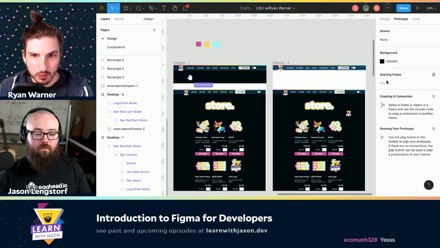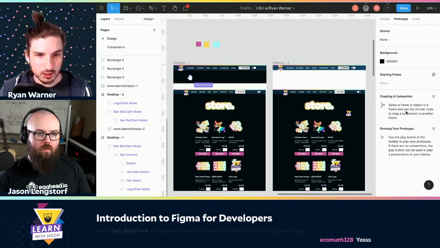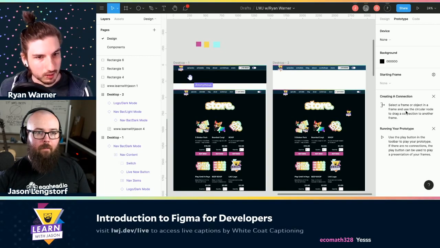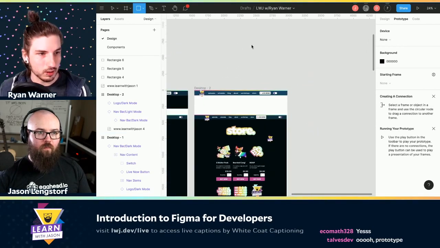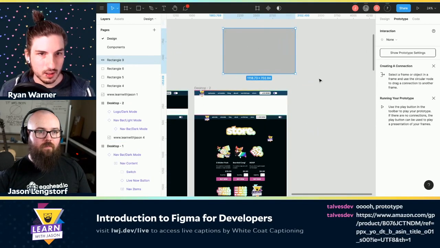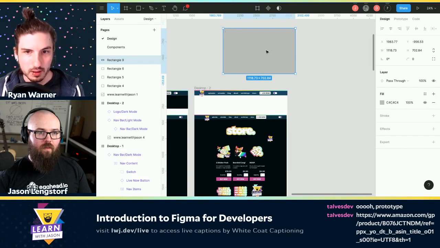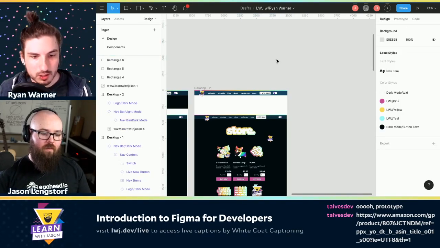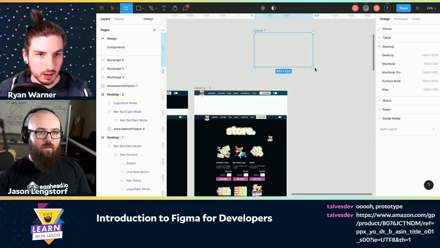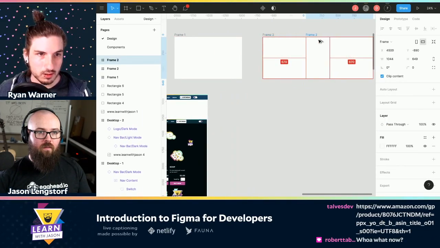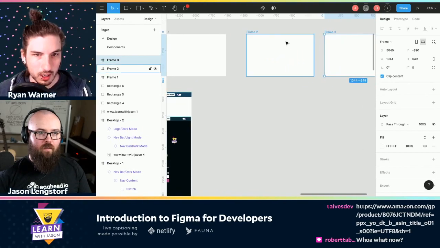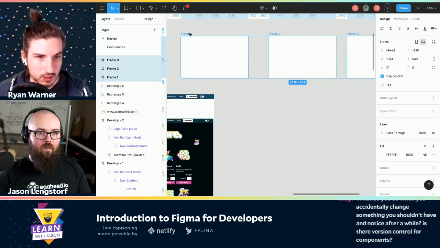So in here we can create interactions, clickable prototypes. If you've ever used InVision, this is kind of like InVision, but just right in your design tool. You don't need to export and then create hotspots. It's just ready to go with all sorts of features like animation, sticky headers, sticky navs. So let's do an example, and then we could maybe wire it up to your actual design too.